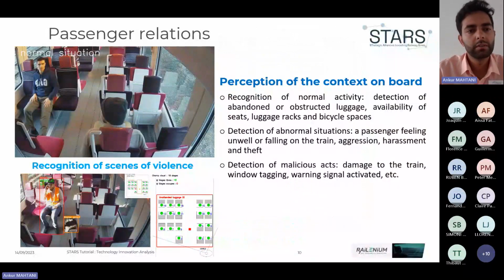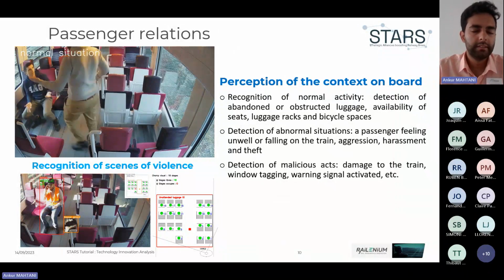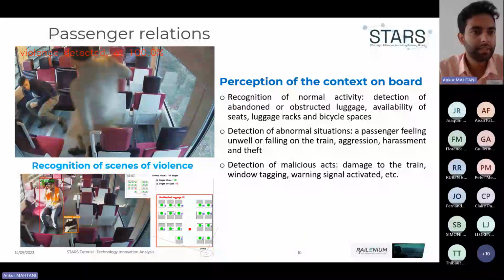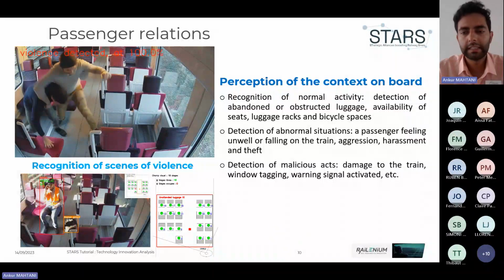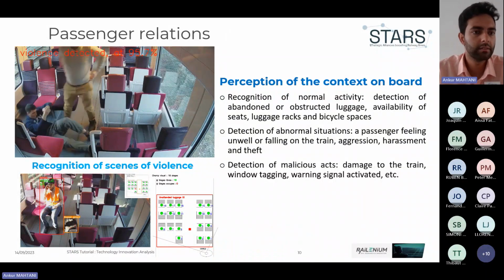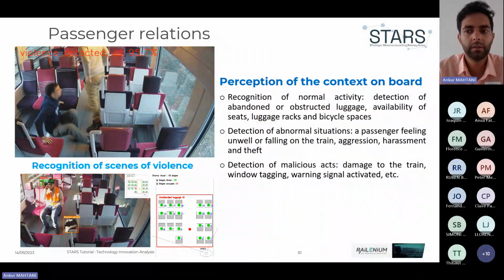And there are two next slides on two different use cases related to passengers. That's specific to passenger commercial trains. What we can find here is recognition of scenes of violence. That's something quite common that can occur, and when there is nobody on board, we have to take action also. Based on this video surveillance camera, we can also provide this kind of violence detection